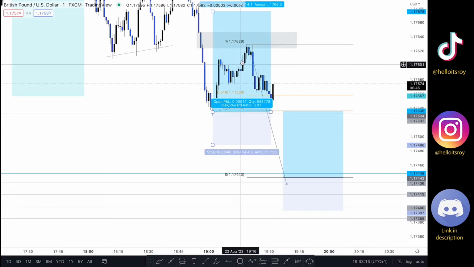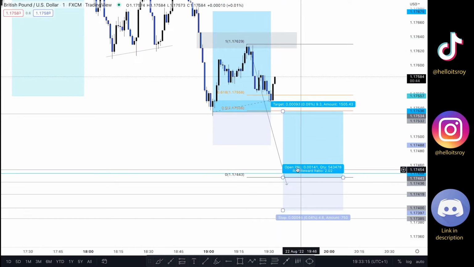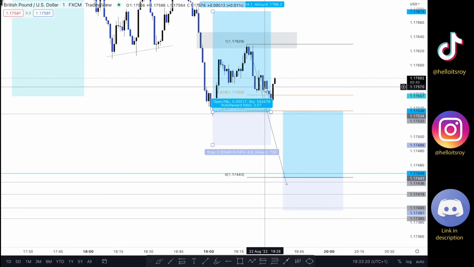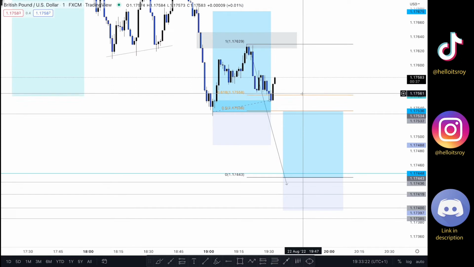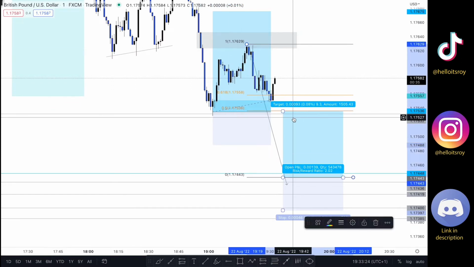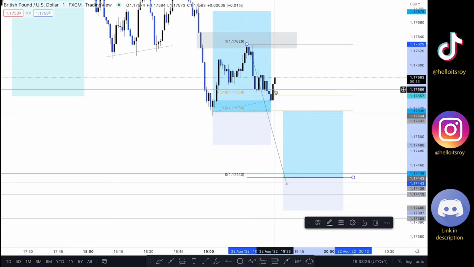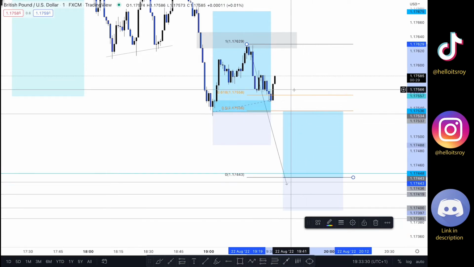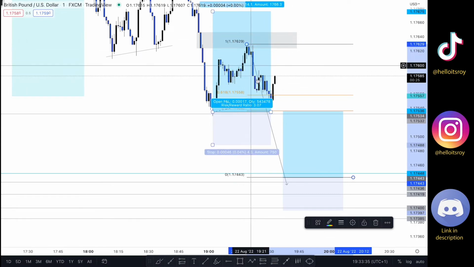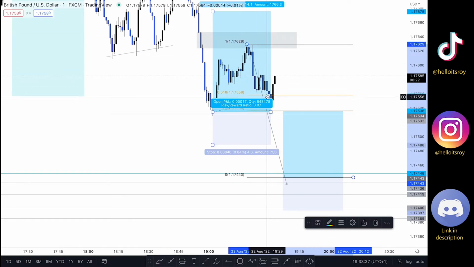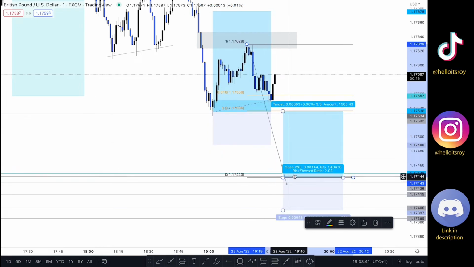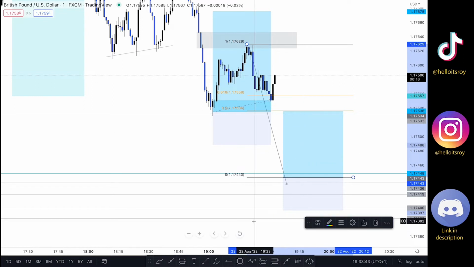And then of course it depends on the price action as the market is going down into this area right here. If the market pushes down in certain ways, I'm going to be extending my TP to target liquidity through to the upside. For example, if it forms a trend line right here, then for example, let's say a double top around here, then of course I'm going to be extending my TP to take out the double top around here. However, as the market is pushing down right now and I have no information on how it will be pushing down, I'm going to be trading the market from here into here.